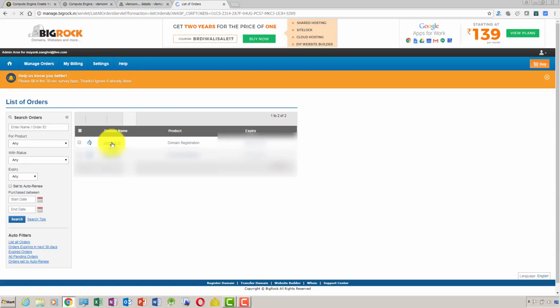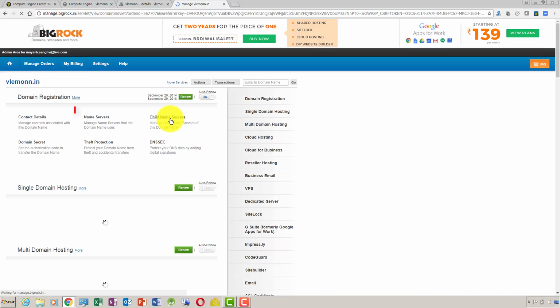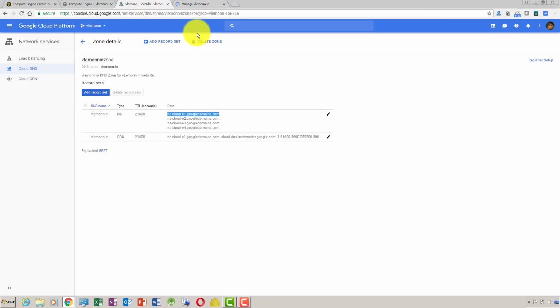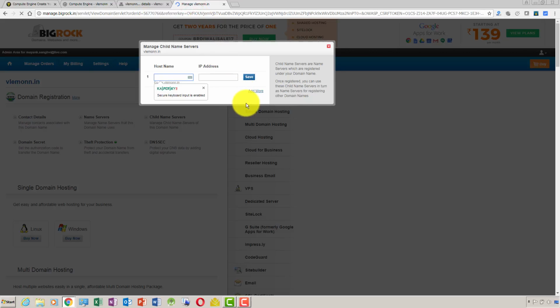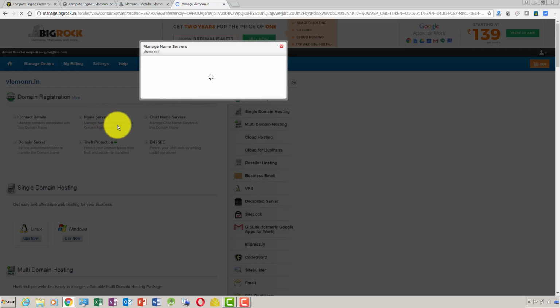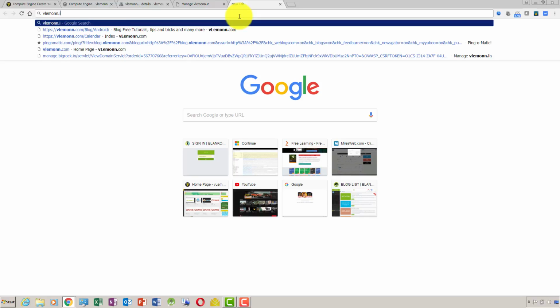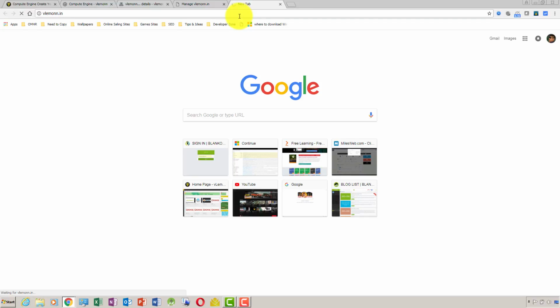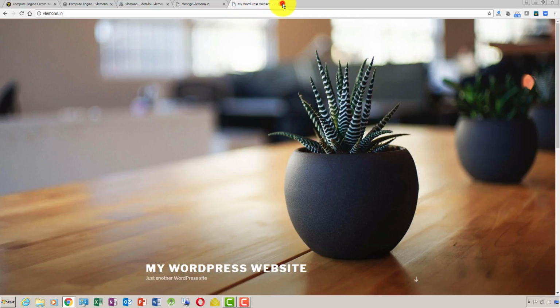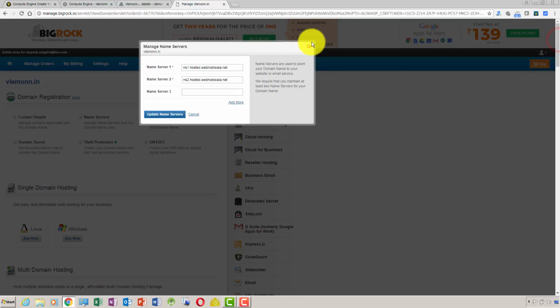So I'm here, and I'm going to select my vlemon.in domain, and then click on change name servers. Okay, and here we need to add all these 4 name servers. Oh no, I don't want to change the child name server, I want to change the name servers. Not sure where it is hosting right now. Okay, so it is hosting here, so ignore this. Let me add it here,